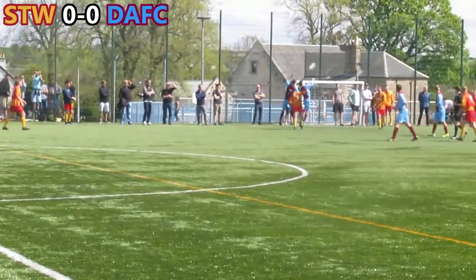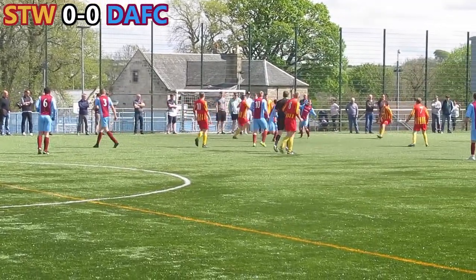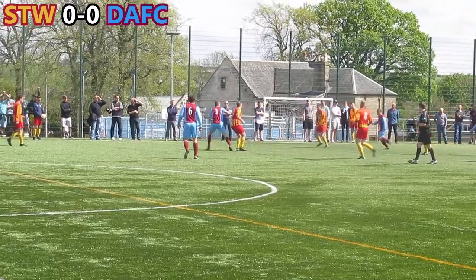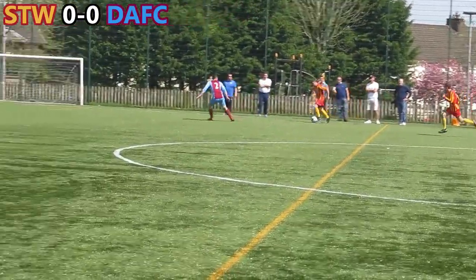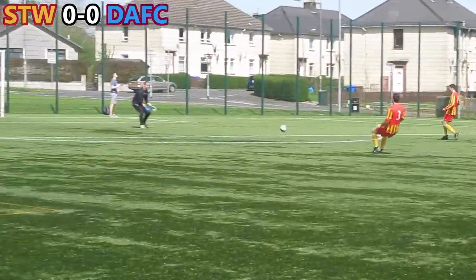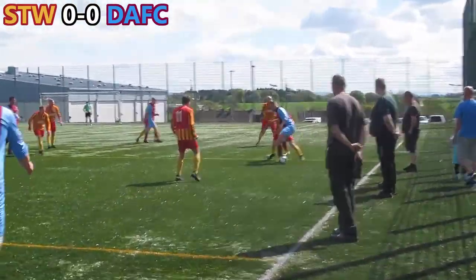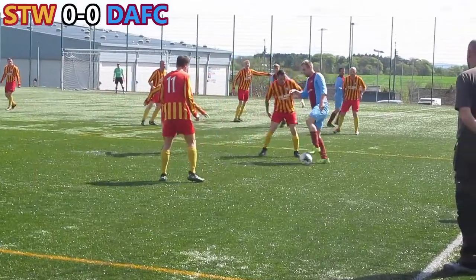So yeah, now Dawson going up for a header, goes over him, and Bailey winning the ball. It comes to Lum. Lum takes it down, gives it on to Dawson, but they clear it. Bailey then holds off his, or 10 holds off Bailey rather. 9 then takes the ball. They're on a 3-on-1, and number 9, he messes up so bad. They definitely should have got a goal there, because they had 2 players over in this near side that he could have passed to. Muzz holding up the ball, and then eventually